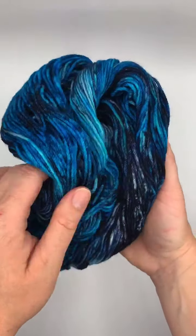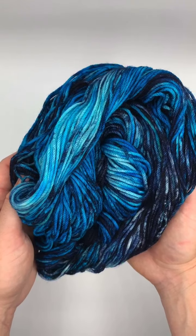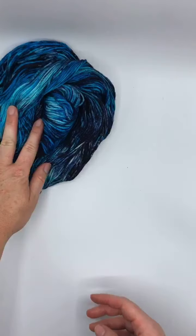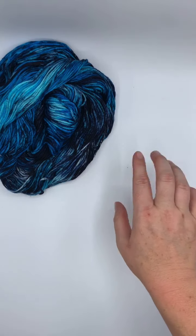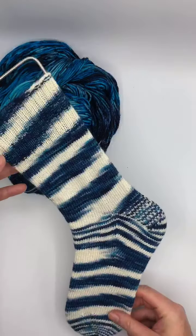Now, of course, this would kind of be considered a busy yarn. So you would want a calm pattern with a yarn like this. Now, something that I was reminded of whenever I was making this yarn was one of my newest colorways called God of Thunder. So I'm gonna show you two examples of God of Thunder, and you'll see it's like the cousin to this one that is still unnamed. All right,